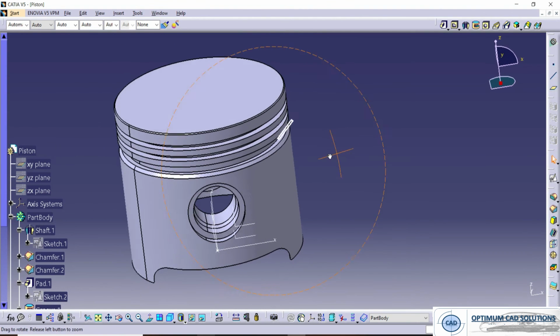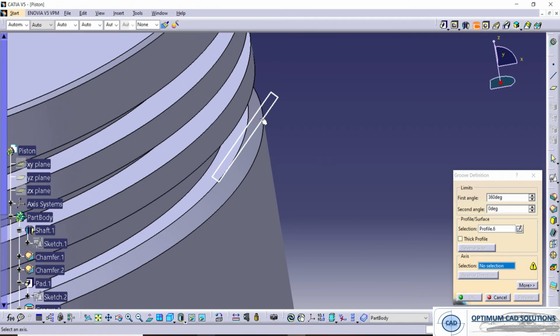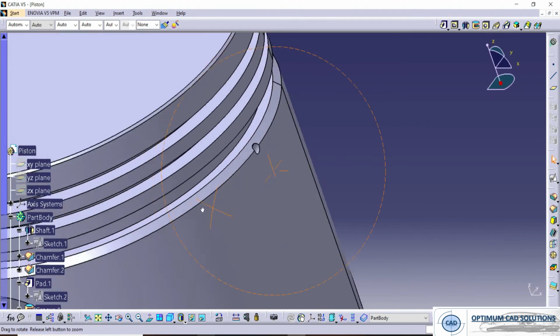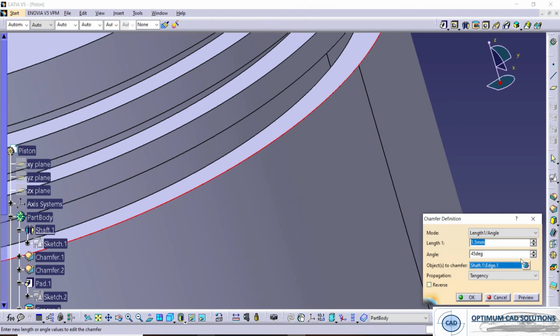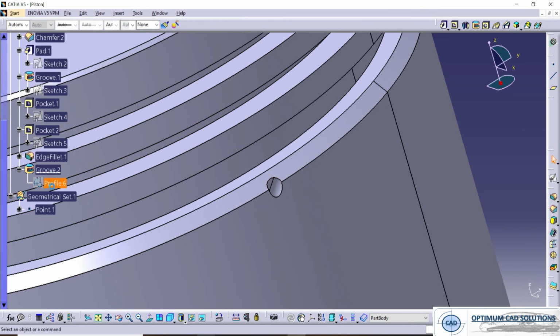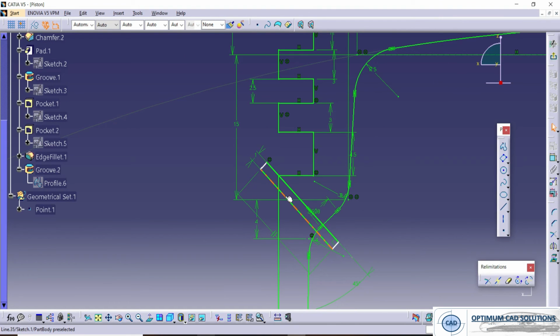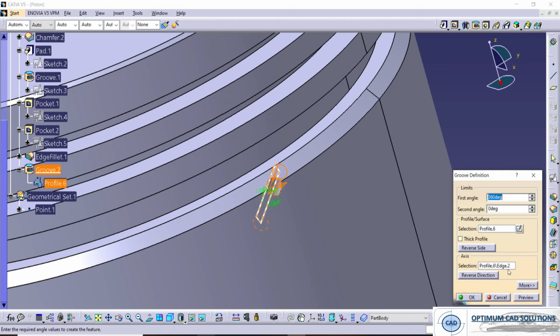So now again we'll use the groove command here for this profile, and the axis is this. Okay.